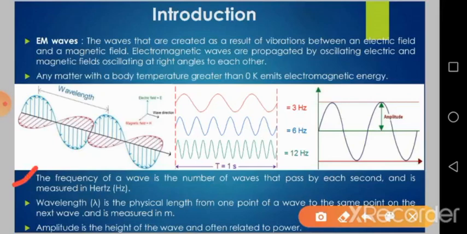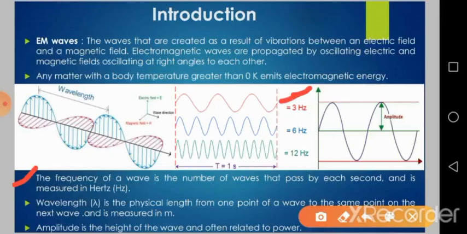First one is the frequency. Property number one, frequency. The frequency is a measure of the number of waves which are propagated during a given time interval. For example, in this second figure it is highlighted. The time interval is taken as 1 second. We can count how many waves are traveling during this interval.